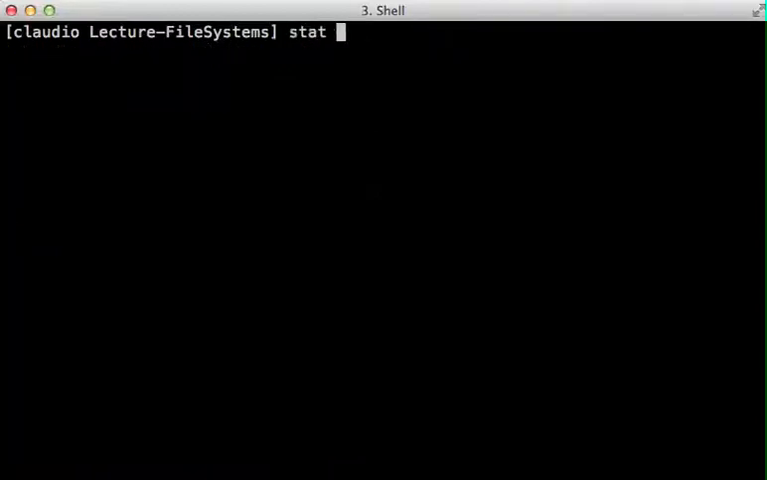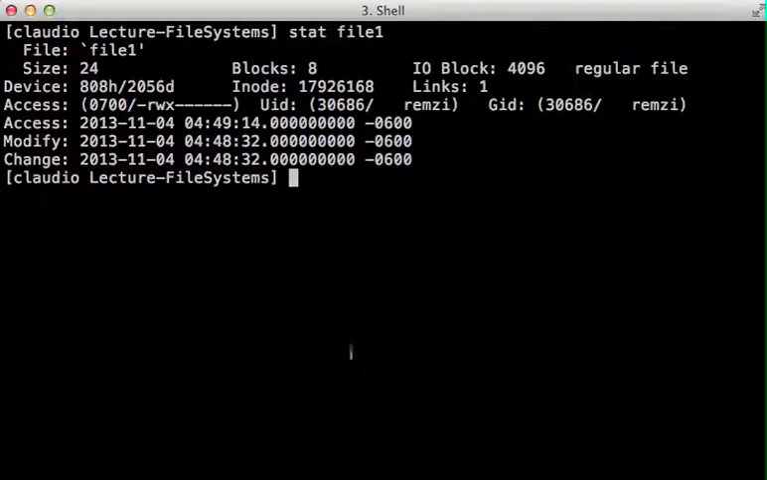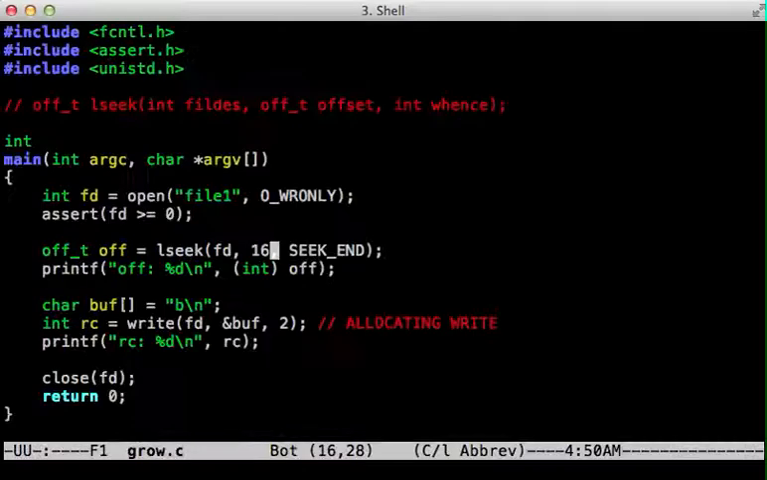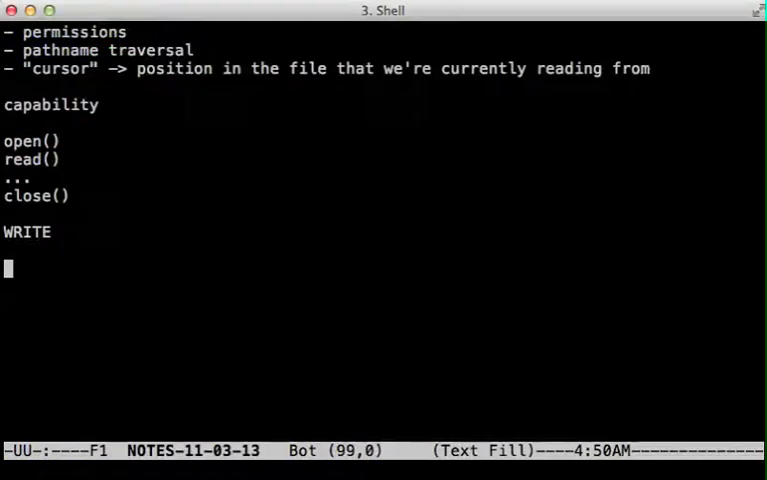In fact, you can stat it. One thing the stat command does is tell you something about the file. We'll look at that, and you can see a lot of things about it, including that it's actually 24 bytes. Okay, a little bit of an aside there. Let's get back into